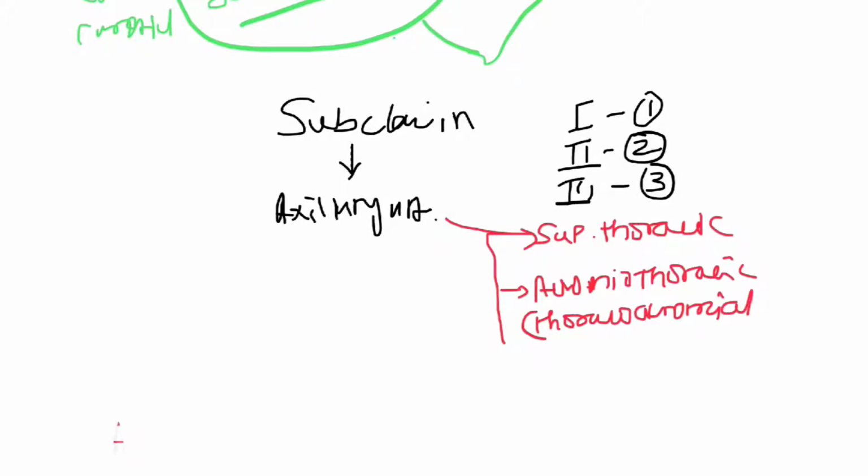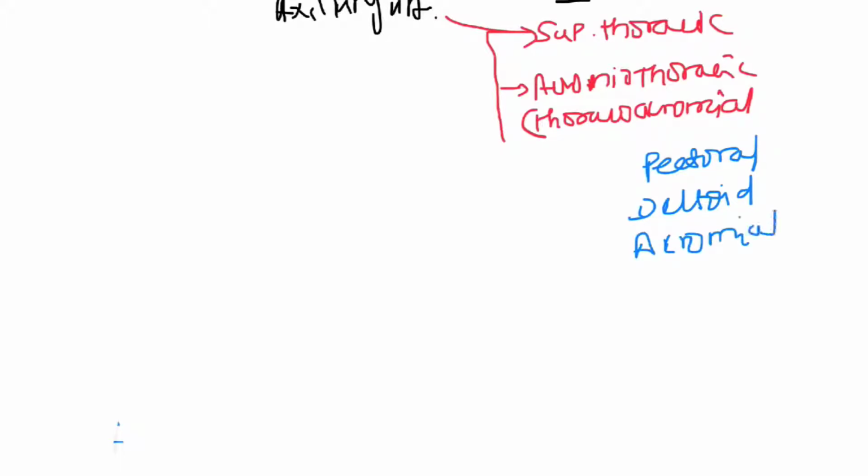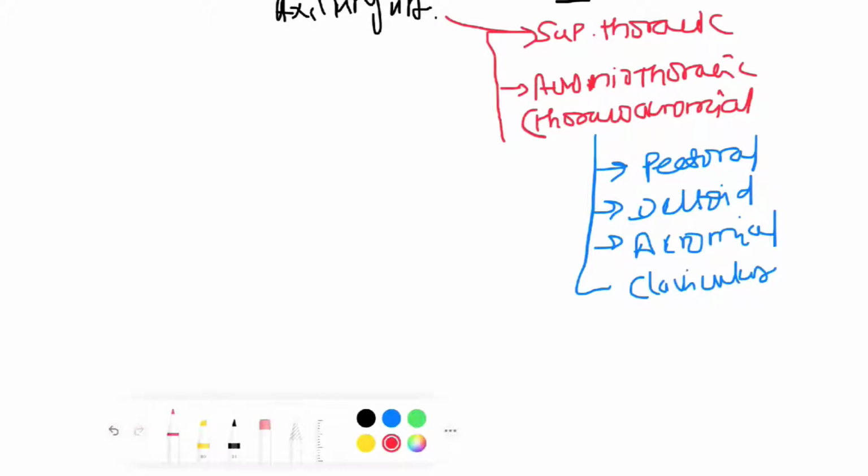The acromiothoracic, or thoracoacromial, has 4 branches. They are pectoral, deltoid, acromial, and the last one is clavicular. So these are the branches of the acromiothoracic or thoracoacromial. And the third branch of the axillary artery is